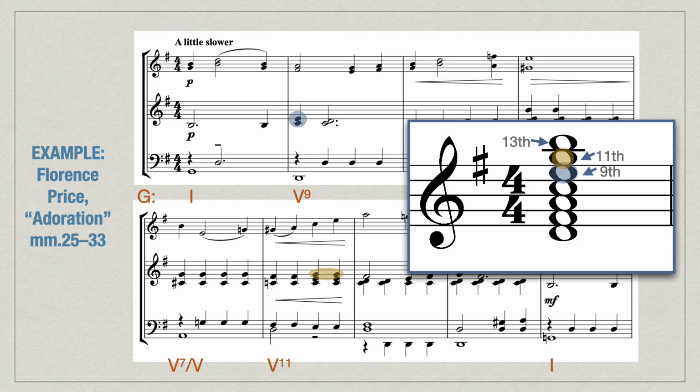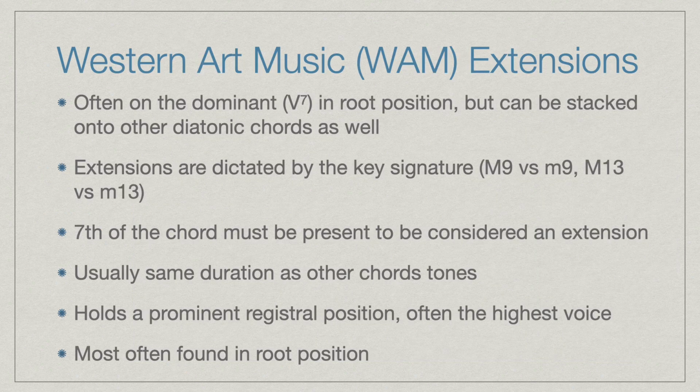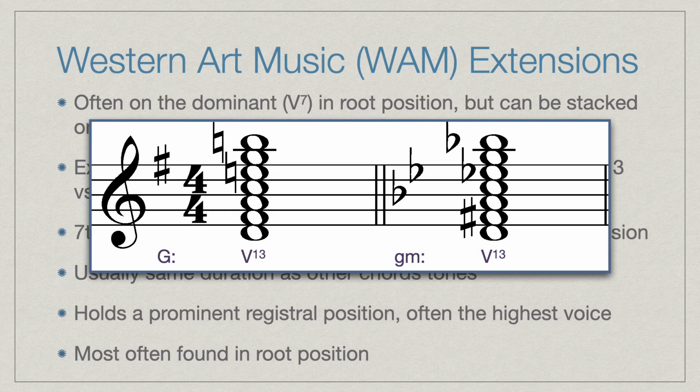Let's learn some more details about these chords. Generally, the extensions in Western art are positioned above the dominant. However, as composers have moved into the 20th and 21st centuries, it has become more popular to add extensions on any diatonic scale root. These extensions are dictated by the key signature. So, above the dominant chord, we could have a major 9 in major mode. As you see here, those accidentals are just a courtesy. And we could have a minor 9th in minor mode, and same with the 13th, both affected by the key